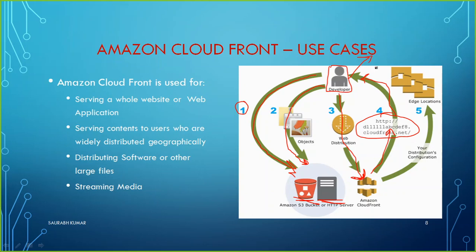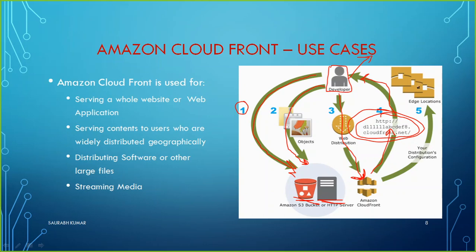So everybody will now have this URL. For example, you are an IT person of any ABC company. You have made an S3 bucket. You kept all the resources there. Then you created Amazon CloudFront, and Amazon CloudFront has given you the link. That link you will share with me, with the other colleagues, whoever is working in your company. So we will be using that URL to access the resource.